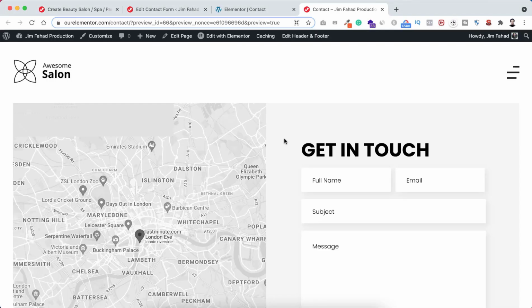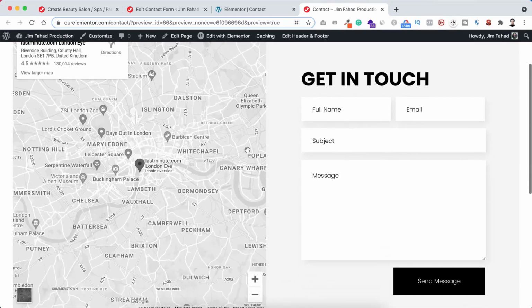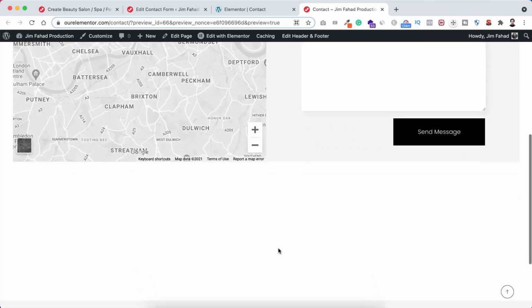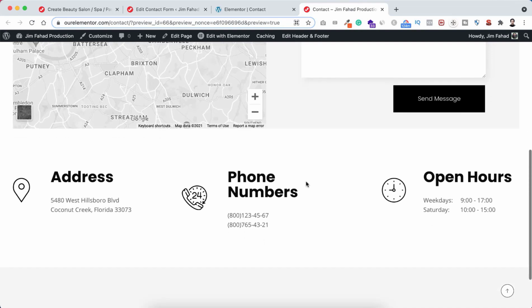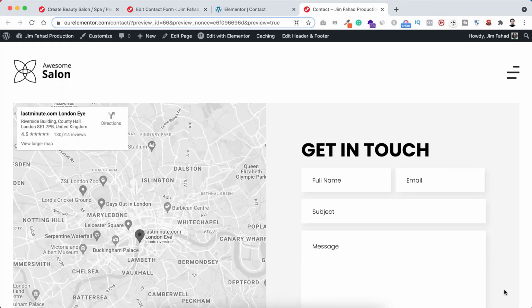So we are done with our contact page as well. Here we have got our Google map. On the right side we have our beautiful contact form and it's 100% working. Right after that, here we have got the address, phone number and open hour section. Lastly, we have got the global footer. Perfect. Now we only have our blog page remaining, but before customizing our blog page, I want you to understand